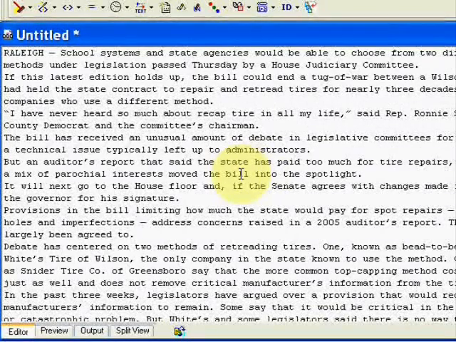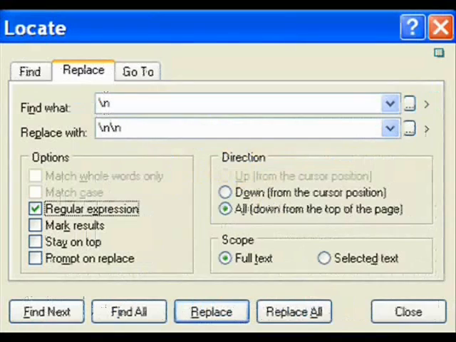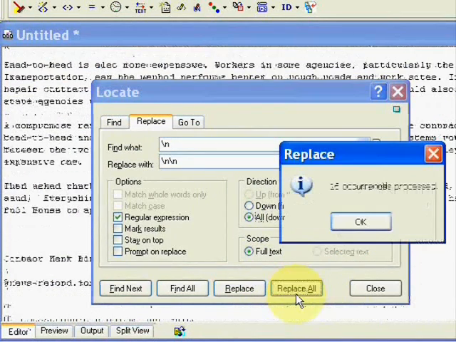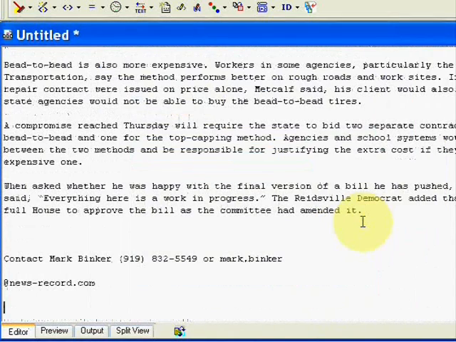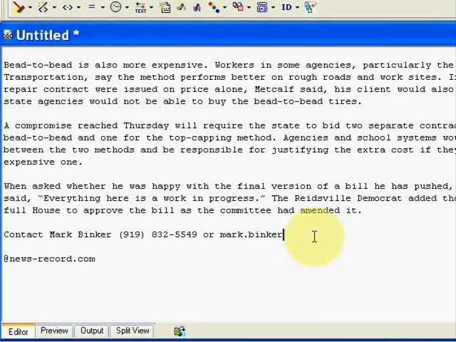Okay, now you're going to do Control H and then find what \n, replace with \n\n. Full text under scope, all under direction, and under options select regular expression and then replace all. So now everything is spaced out appropriately, and you just can copy all of it. Before you do that, actually, the tagline, make sure it's not broken up. Then copy it all,